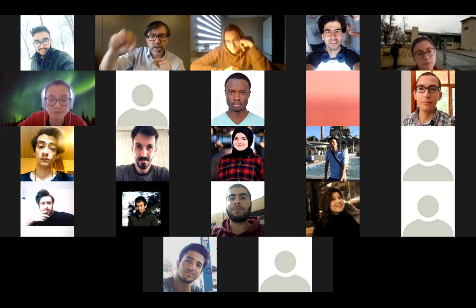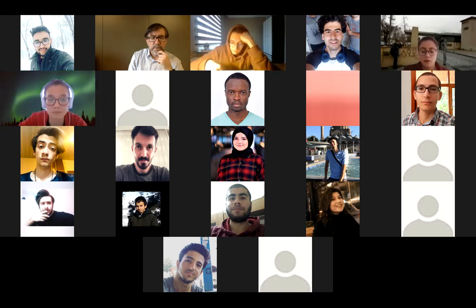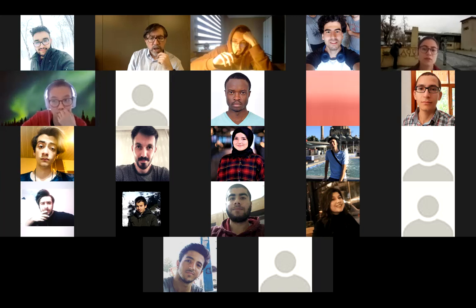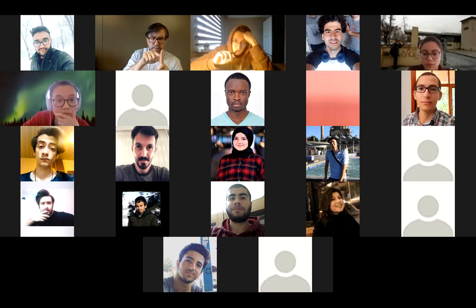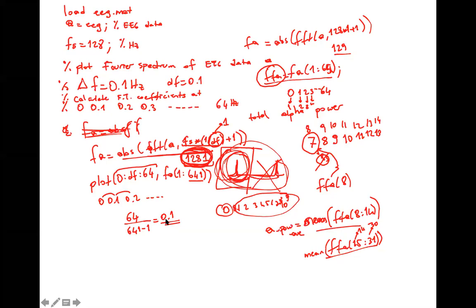In this case, 0.1 increment, how would you calculate alpha band power? Multiplying by 10 and adding 1, isn't it? Multiplying by 10, adding 1. So what do you mean, Yasir? If it is the second point, what does it correspond to if it is the second point in the array? It should be 2 times 10 plus 1. So